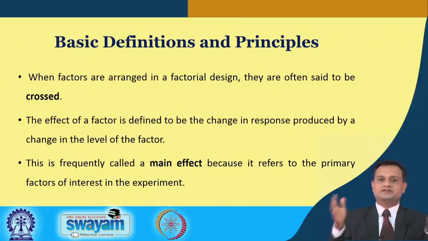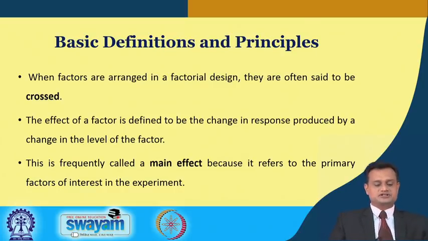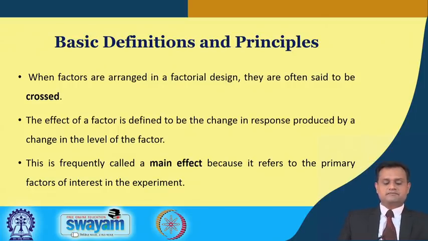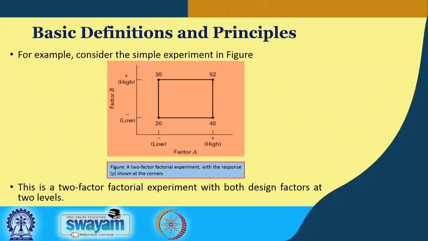and then that will lead to some change in the response, maybe the productivity, maybe the surface finish, and this is what exactly we are trying to investigate. Typically when you do this, this is called the main effect, because it refers to the primary factor of interest in the experiment. So, I am introducing one word, that is the main effect. Suppose you have pressure and temperature as two different factors, I will call each factor individually a main effect factor, and that we try to analyze through our factorial design.